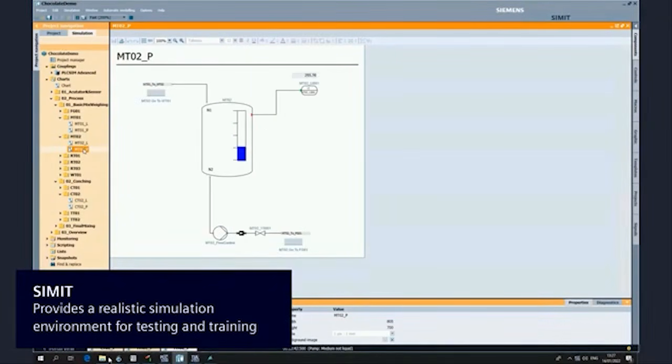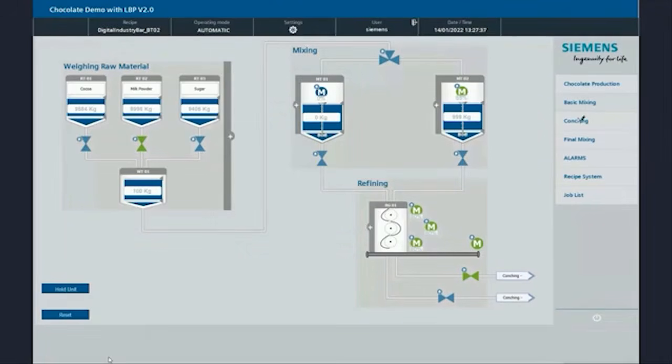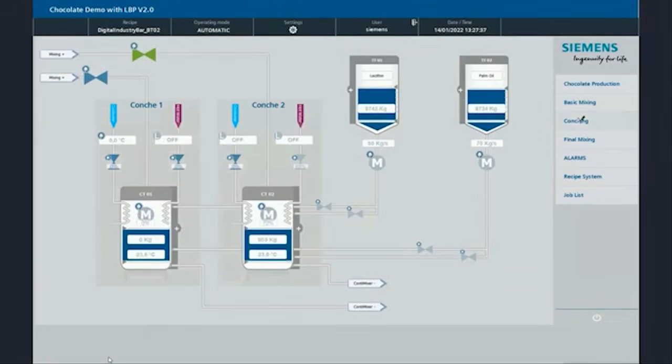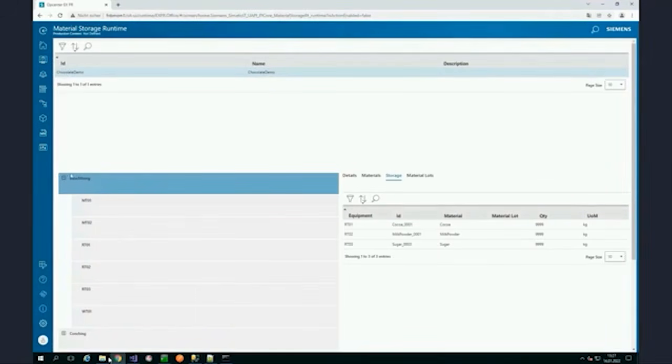The next thing we see is the SIMIT simulation. In the SIMIT simulation, we can also see live how the tank is filling and how it's emptying. So we see the material flow simulation, and in parallel, the behavior of the valves and motors is simulated. And this gives us really the ability to do everything in a virtual world.